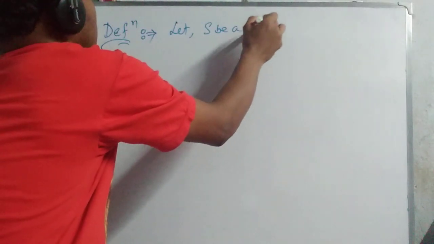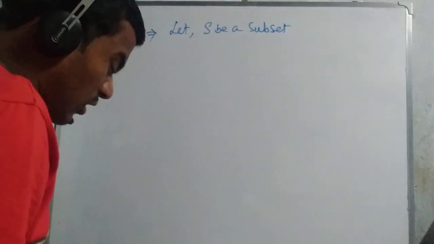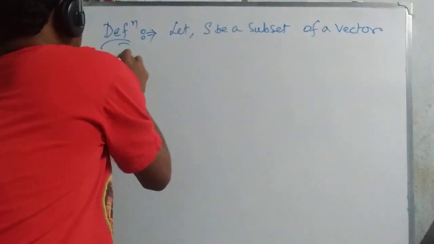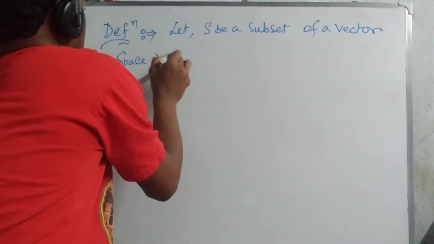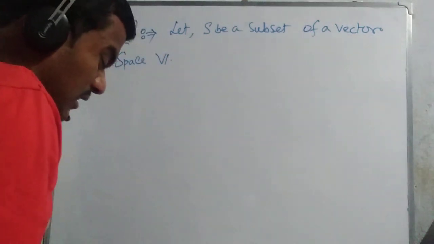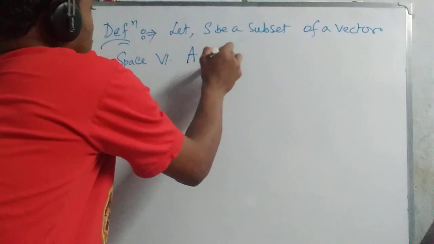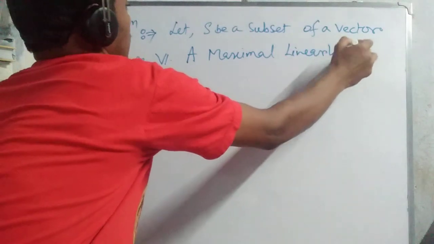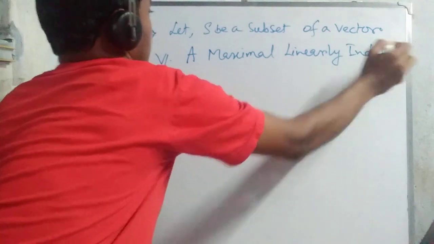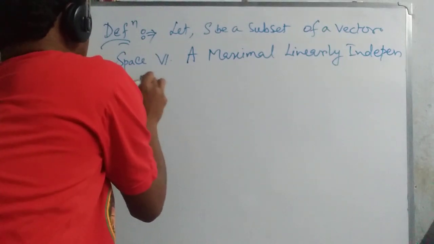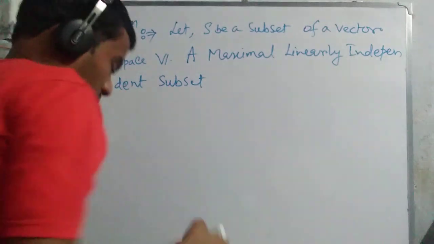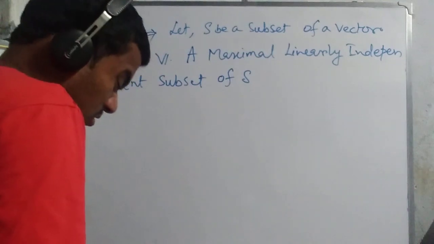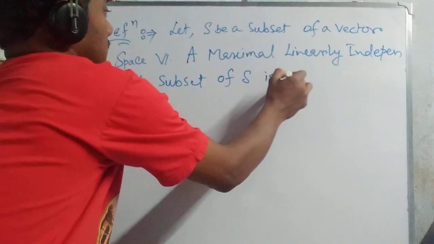Let S be a subset of a vector space V. A maximal linearly independent subset of S is a subset B of S